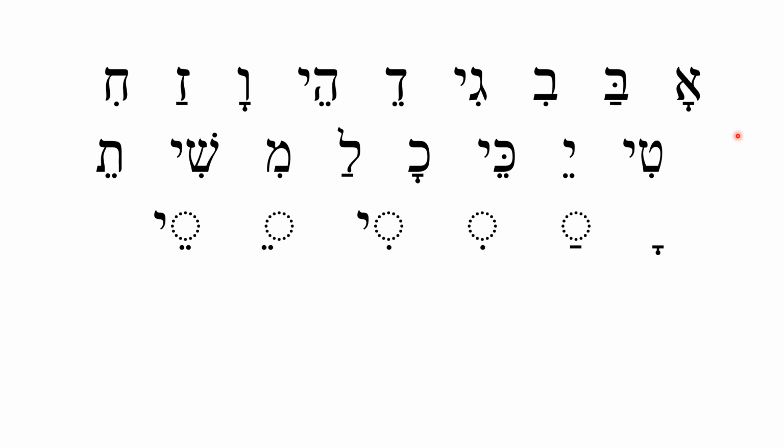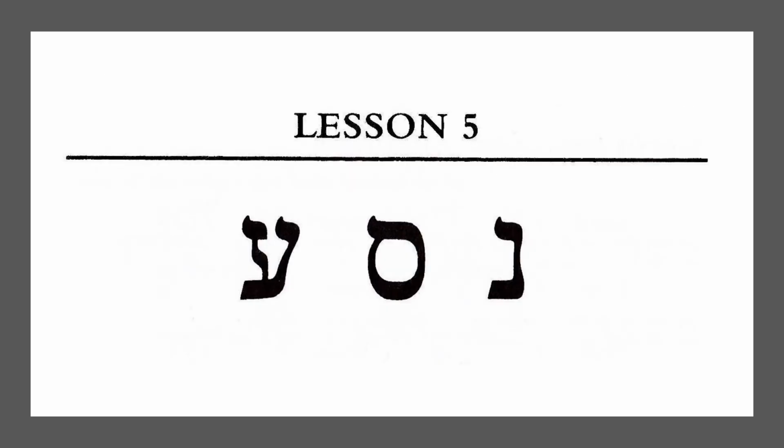Practice on your own if you need to, and then we'll continue on. So here are the 3 letters we're going to be looking at for lesson 5. We have the nun, the samech, and the ayin. So we get a little bit of a break today as we're only going to pick up 3 new letters as we go through it. And the nun